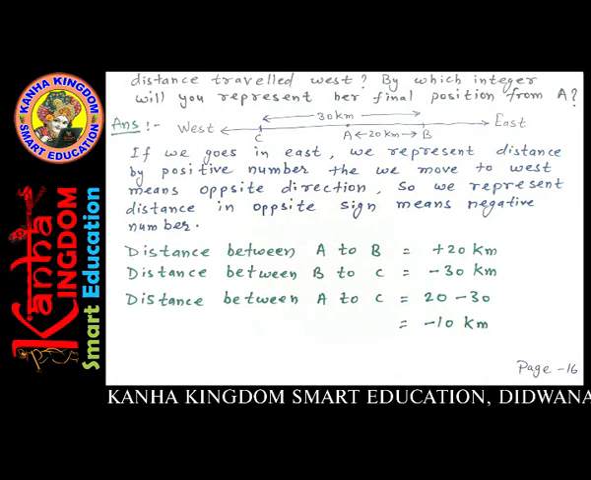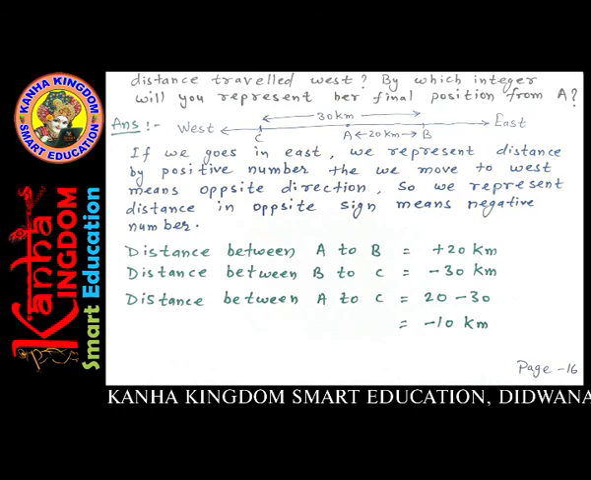For solving this question, we draw a number line. At the left side of this number line, we write west. At the right side of this number line, we write east. In the middle of this number line, we denote A. As given in the question,